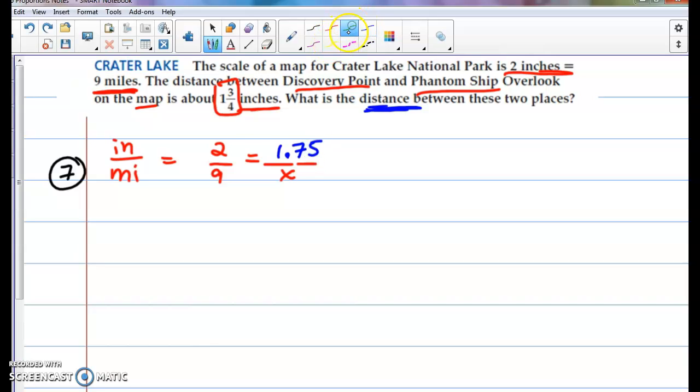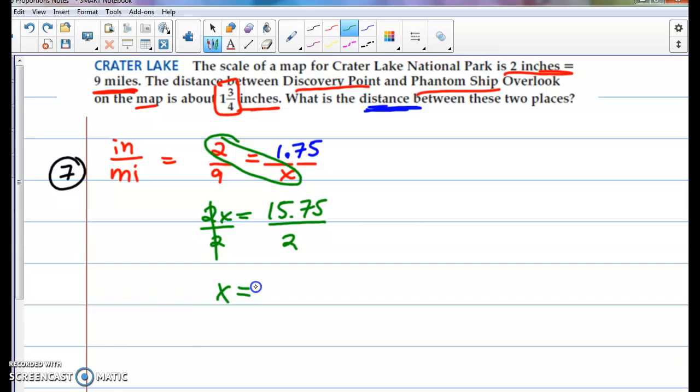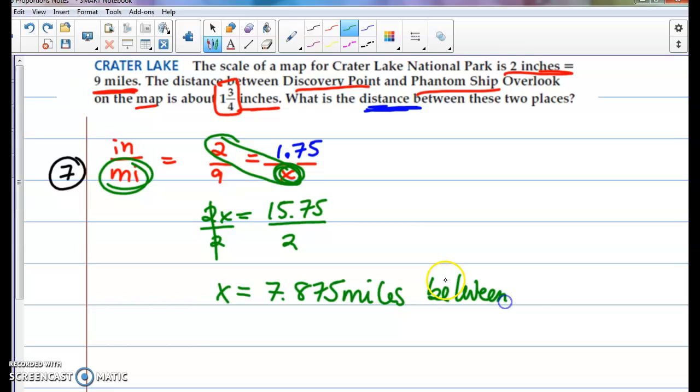And now we can cross multiply. So 2 times x is 2x. Then 9 times our 1.75 is going to give us 15.75. Divide both sides by 2. 2's cancel and x equals. Now 15.75 divided by 2 is 7.875. Once again, we have to go back to what we were looking for. X was on the bottom, and that's our miles. So the distance between those two places is 7.875 miles between Discovery Point